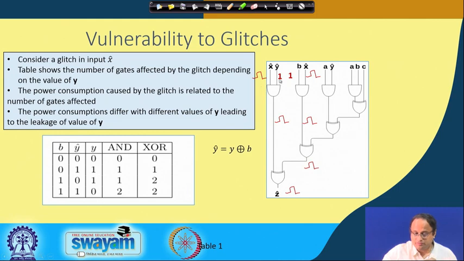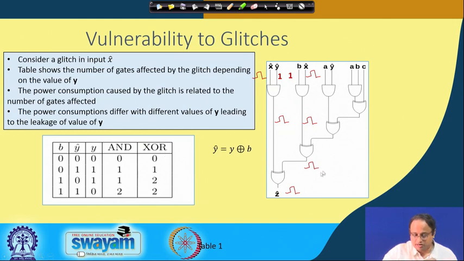So you can observe that if this is 1, then this glitch will get propagated here. So I will have a glitch here in this way. Likewise, if there is a 1 here and a glitch here, then this glitch will be propagated here as shown. And likewise, if I do not consider any activity in this part of the circuit, then this glitch will also get propagated to the XOR. And both of these glitches will get propagated here as shown. So now if you consider the number of glitches in the AND circuit, you will see that there are two glitches, this one glitch and this another glitch which is shown over here.